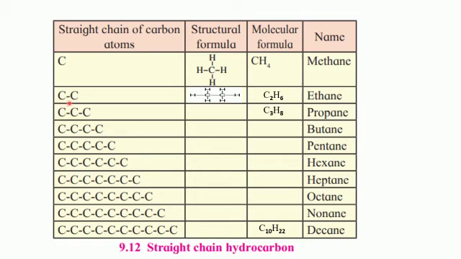It comprises a straight chain of 2 carbon atoms. And the 6 hydrogen atoms have been distributed. So structural and molecular formulas of the first 5 members of the alkane series we have already done, so you can take reference from there also if you have any doubt, and accordingly you have to do this activity and prepare the structural formula and write down the molecular formula.